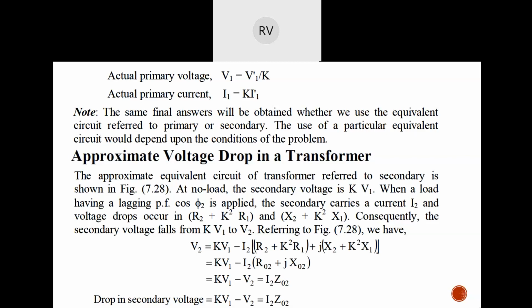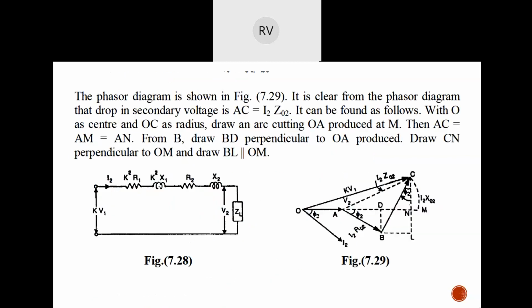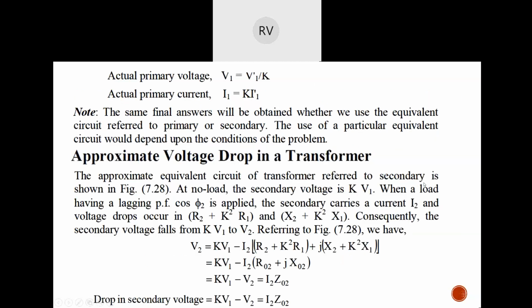Okay, next topic is approximate voltage drop in a transformer. The approximate equivalent circuit of a transformer referred to secondary is shown in the figure. This we know, right? Approximate equivalent circuit referred to the secondary. At no load, the secondary voltage is given as K into V1. When a load having a lagging power factor of cos phi 2 is applied, the secondary carries a current